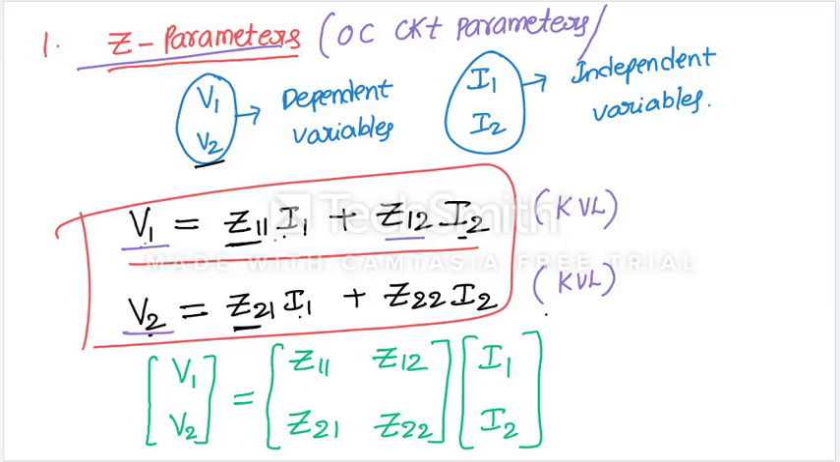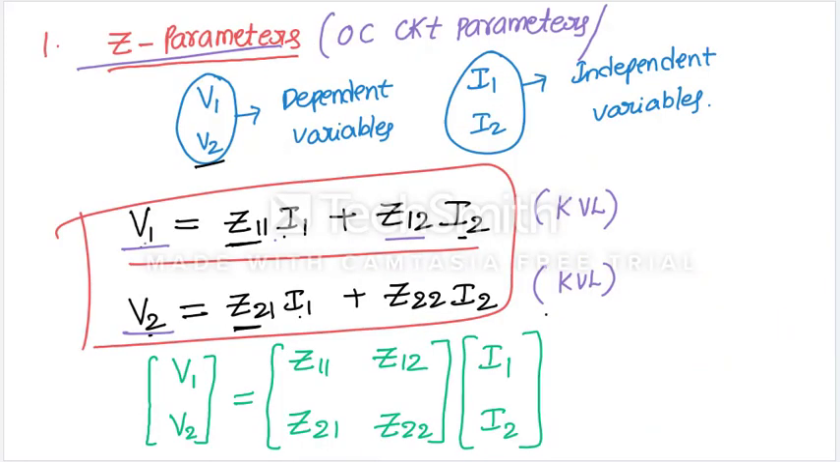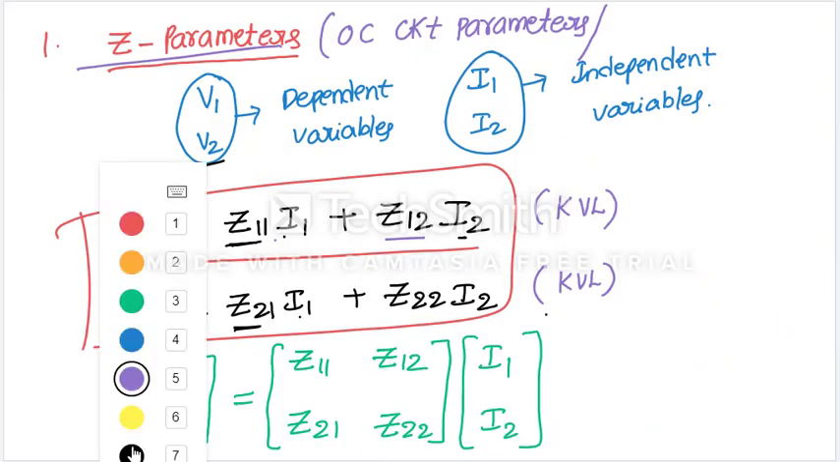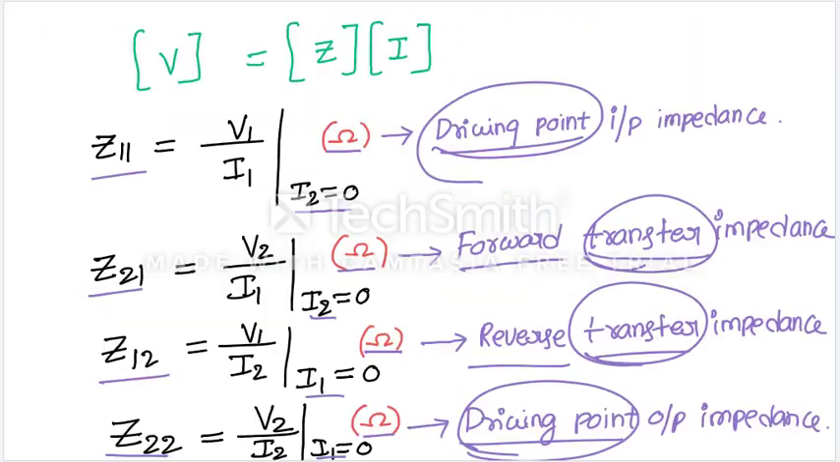Next, you can see the units now. What are the units here? Ohm. All these units are ohms. So this is the form of impedance, and that's why we also call them impedance parameters. Right. This is about the